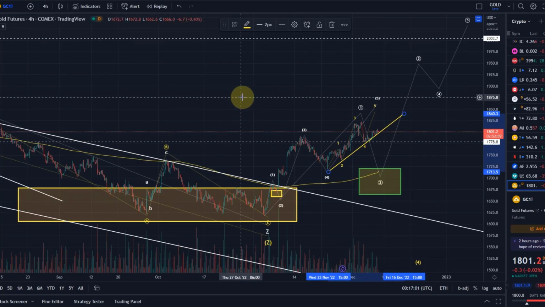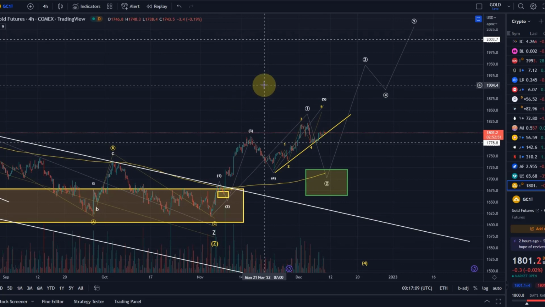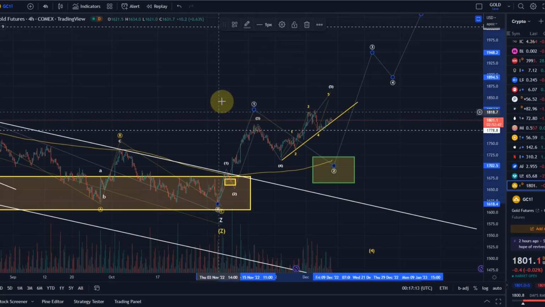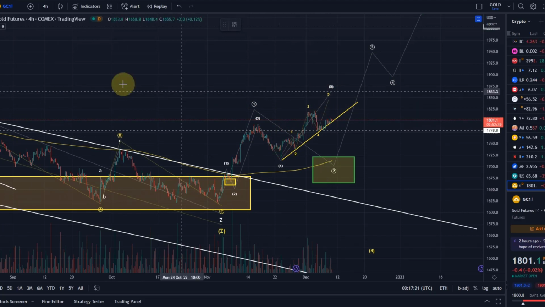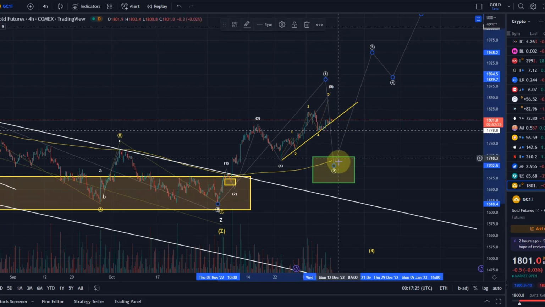But let's first of all take a look at the lower level wave count here. We continue to be in this pattern where we've got a couple of options. I talked about that yesterday. So we have one scenario in which we are still stretching higher in a wave 5. The scenario would be this one,